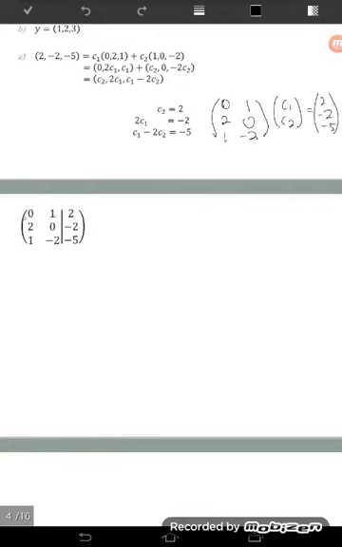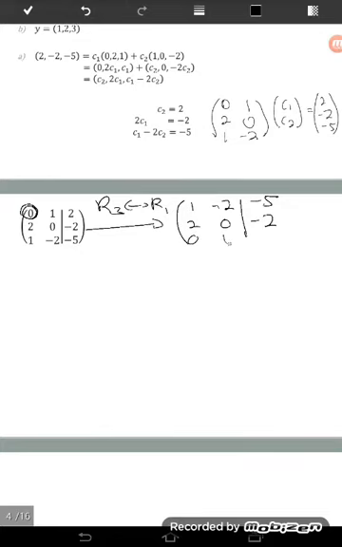Okay, so first we need to have here a leading number, leading 1. Okay, so kita kena ada leading 1, but here 0. And here what I can see, the row number 3 we have 1. So therefore what we need to do, row 3 interchange with row number 1. So I have 1, negative 2, negative 5. Here second row didn't touch, and last one 0, 1, 2.